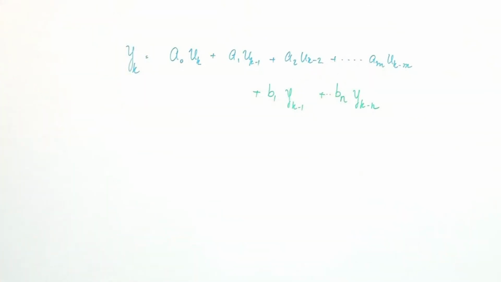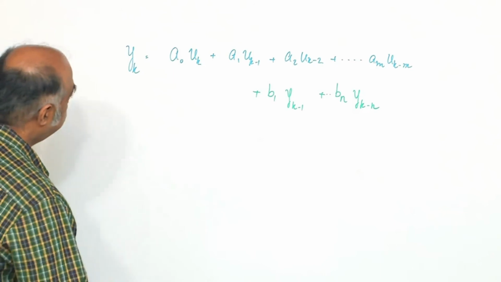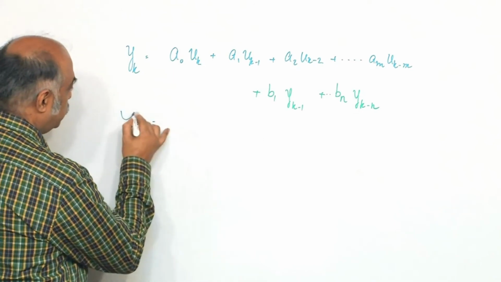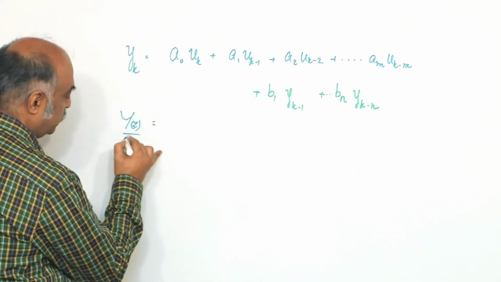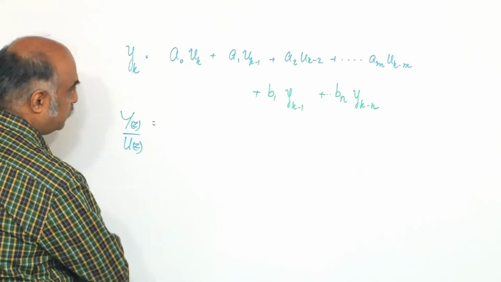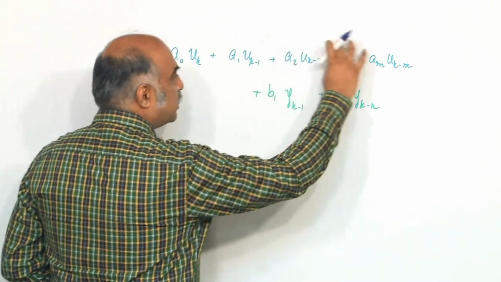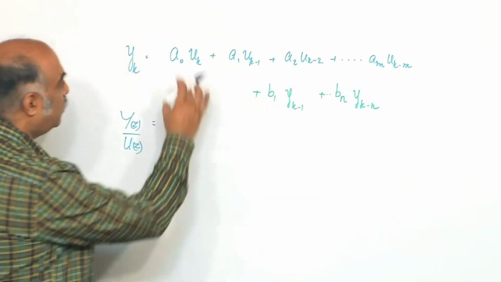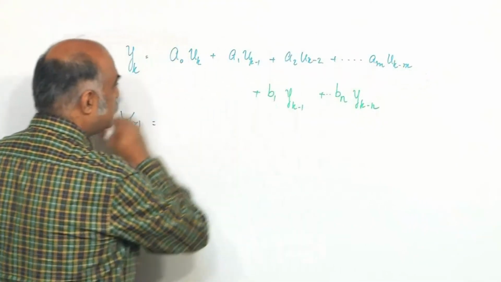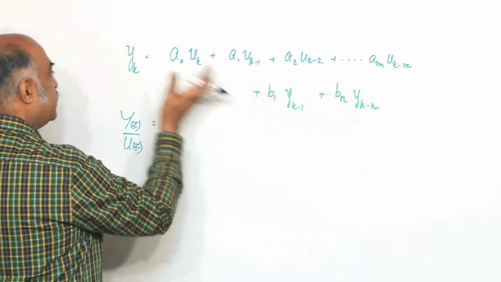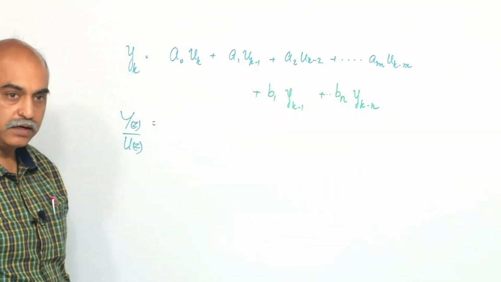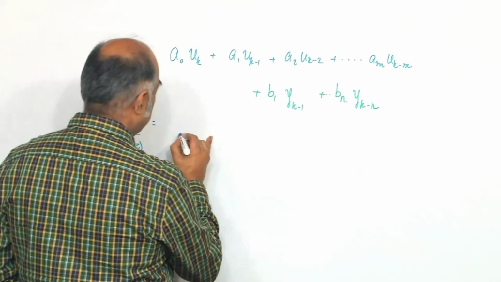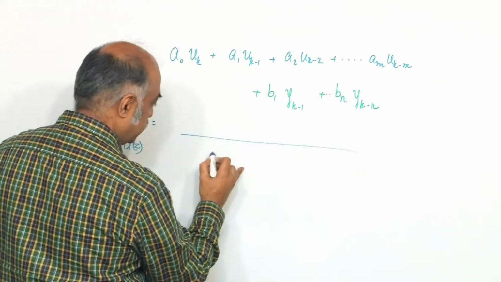And then when you rearrange it, you will have y z by u z. See, all these terms will come in the numerator. U of z you will take off, all these you will first take to the left side, right. So they will come in the denominator. What will it be? 1 minus